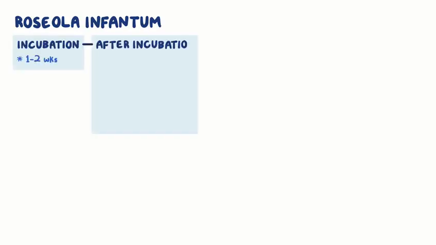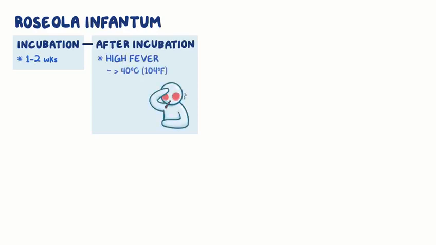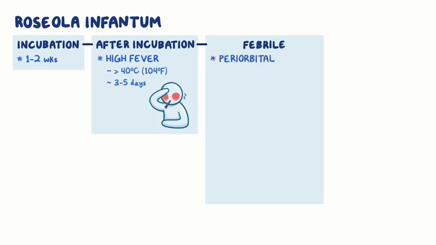Most often, though, HHV6 causes a disease called Roseola infantum, which usually occurs in young children aged between 6 months and 2 years. The disease has an incubation period of 1 to 2 weeks. After the incubation period, the disease debuts with a high fever that may exceed 40 degrees Celsius or 104 degrees Fahrenheit, and usually lasts 3 to 5 days. During the febrile phase, other manifestations include periorbital edema, acute otitis media, rhinorrhea,